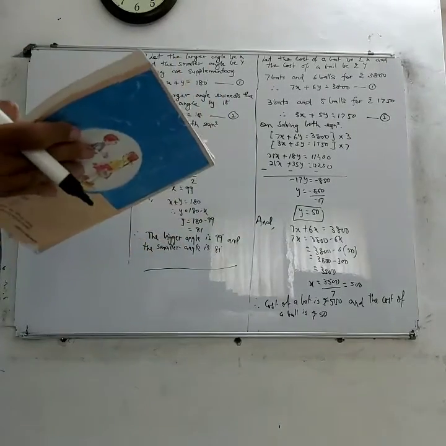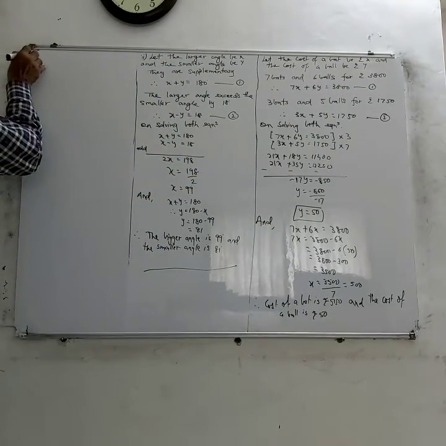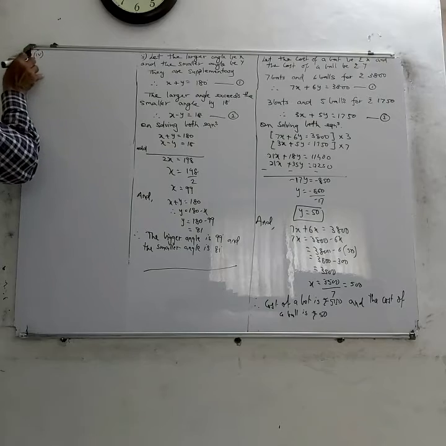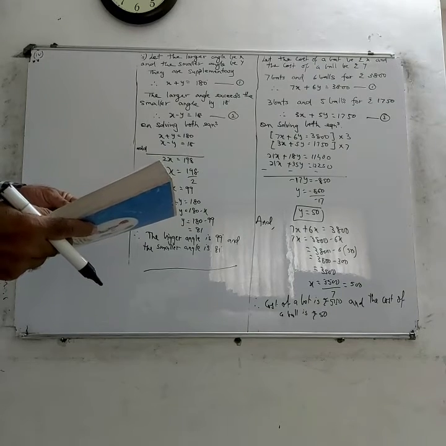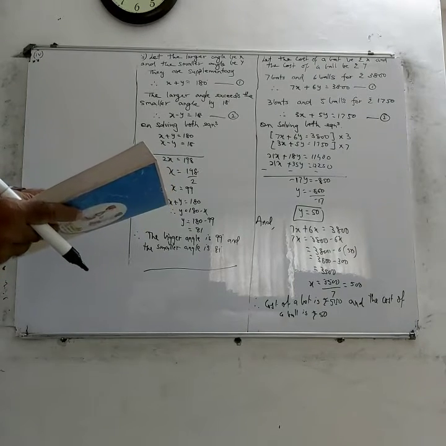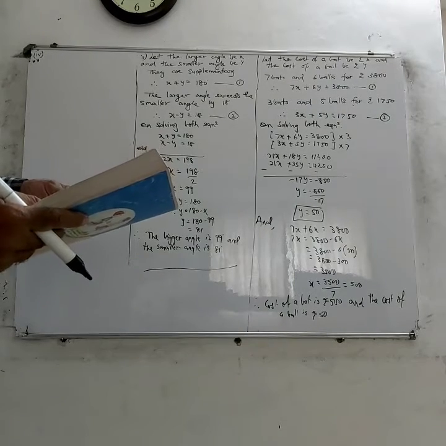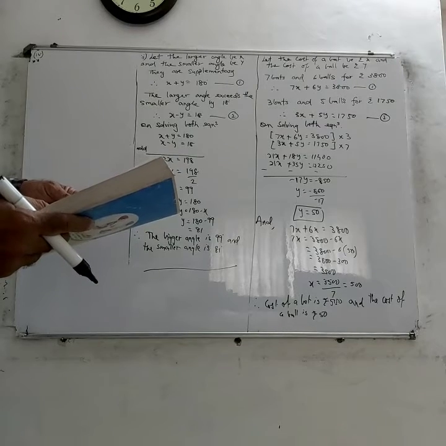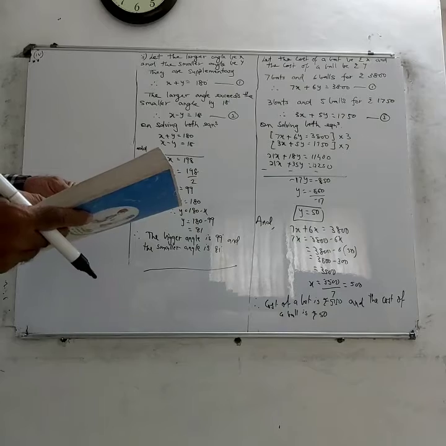Alright, turn the page. Number 4. Alright, this one is very important. Alright, let's see this one. The taxi charges in a city consist of a fixed charge together with the charge for the distance covered. For a distance of 10 kilometers, the charge paid is 105, and for a journey of 15 kilometers, the charge paid is 155. What are the fixed charges and the charge per kilometer?